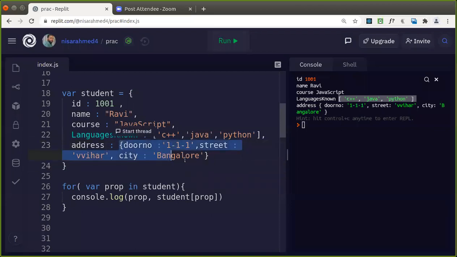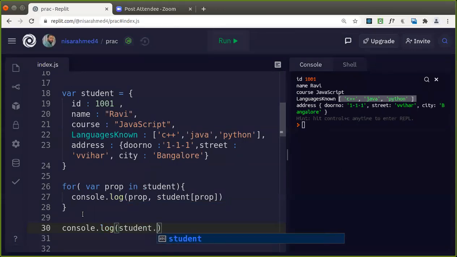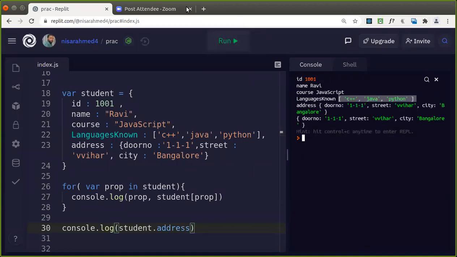Good. Now in this case, if you want to access that one, how do you access the address directly? You can just give here console.log, student.address, put in that. But it's an object. So if you want to refer again to city, then you can just use dot and give the city.